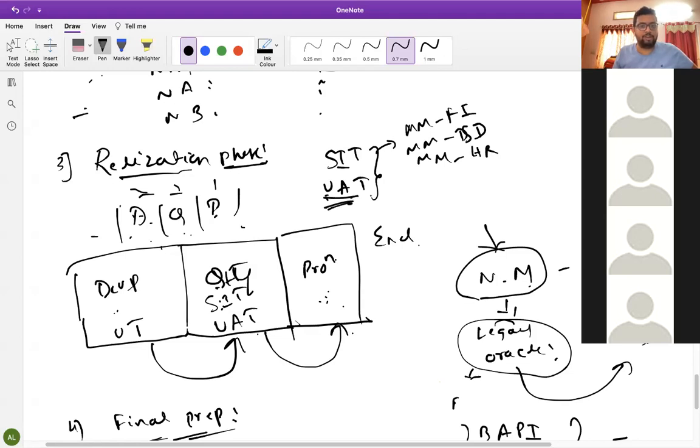User acceptance testing means what? This is entirely done by end users. The end users will do it, and we'll sit behind them and teach them. That is user acceptance testing. Whatever scripts we have prepared in unit testing and system integration, all these scripts we will give to these people. End users will test. That is user acceptance testing.